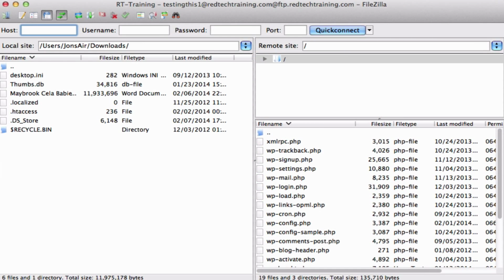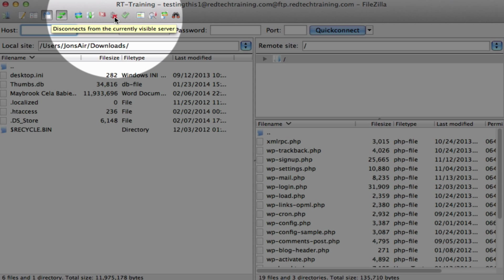Now once you're done, you can disconnect from the server. Click on that disconnect button, and that closes you out from the server. So make sure you have a regular